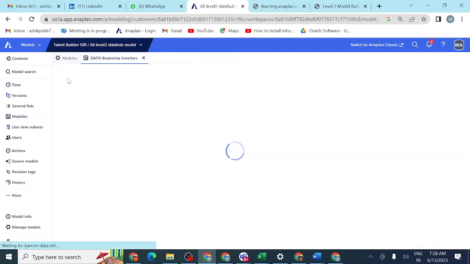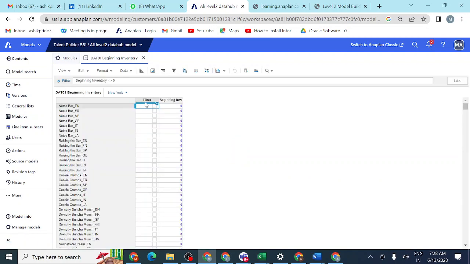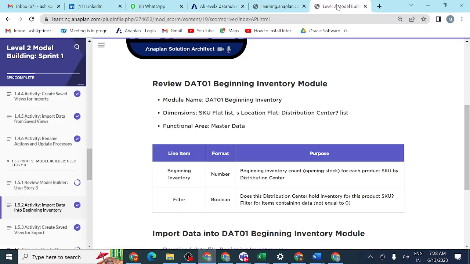If you open it, you can see what the line items are, beginning inventory and filter. Both line items you have here. The format is number and boolean, which is fine. Beginning inventory is the count: this line item is used to count the opening stock for each product SKU by distribution center.